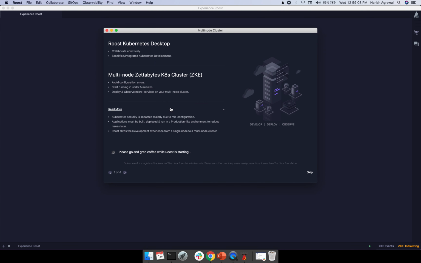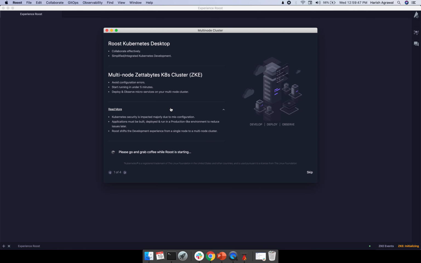So why do we think a multi-node cluster as opposed to a single node cluster like that which is available already in the market from many other players? So we believe that most of the issues faced in Kubernetes is primarily due to misconfiguration, and unless the developers build and deploy and test their services in a production like environment or something as close to their staging environment, which is a multi-node cluster, this particular experience of multiple iterations before it becomes good to be consumed is not going away, right?